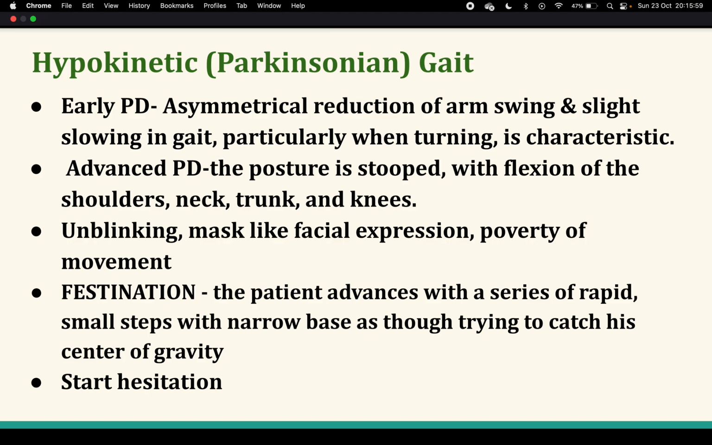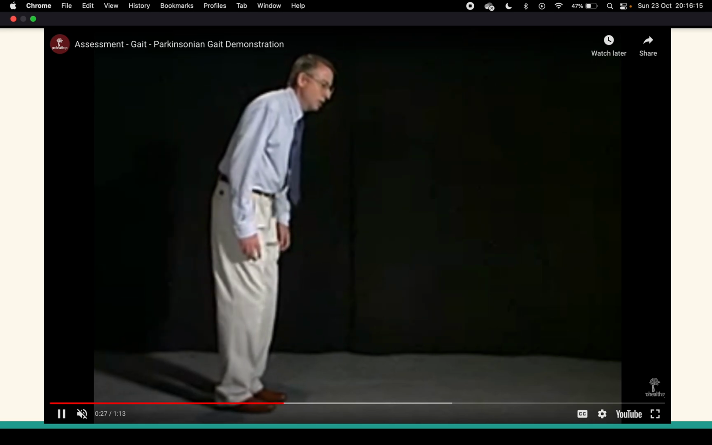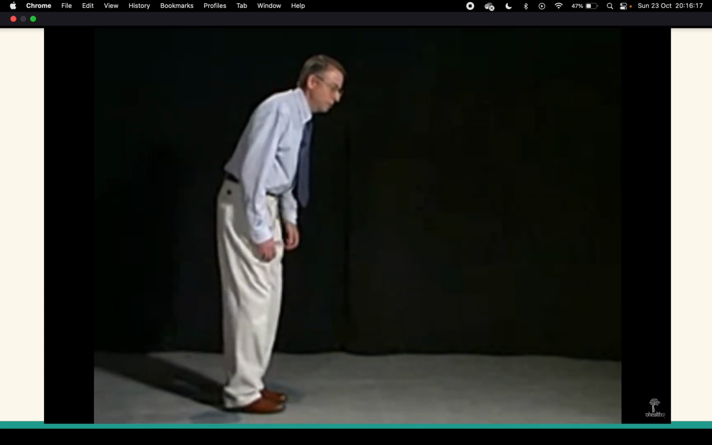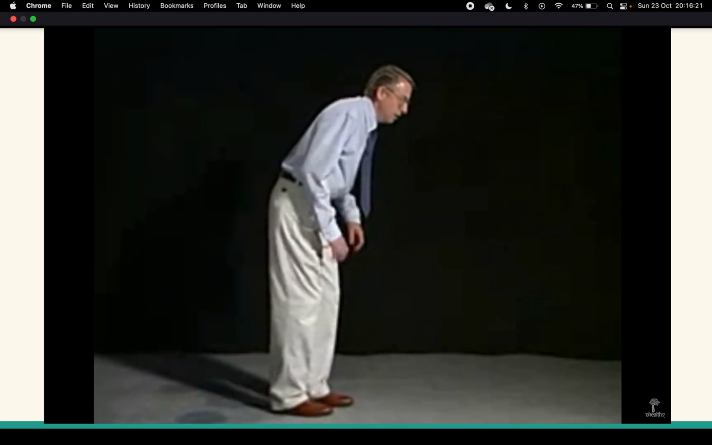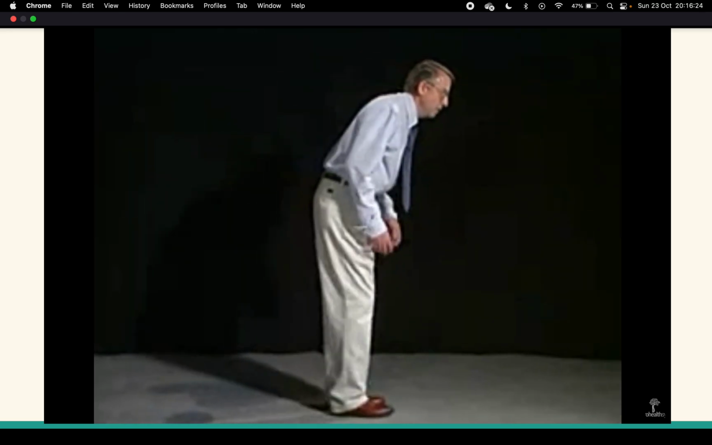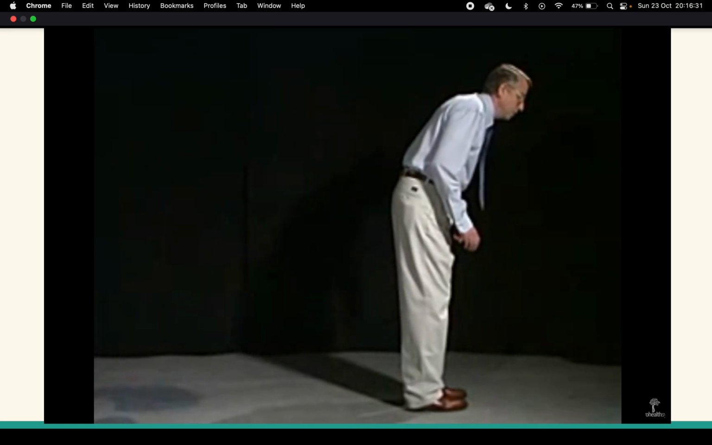And festination. The patient advances with series of rapid, small steps with narrow base, as though trying to catch the center of gravity, and there will be start hesitancy. That is main feature. See this patient. There is starting hesitancy. He is having some difficulty to start the movement, but once he starts, slowly the movement will aggravate. This is festination. Then start hesitation, and festination with drooped posture,